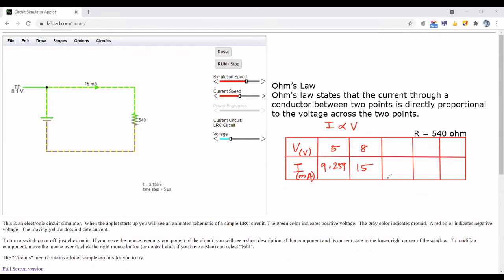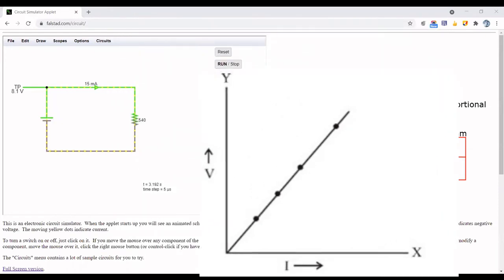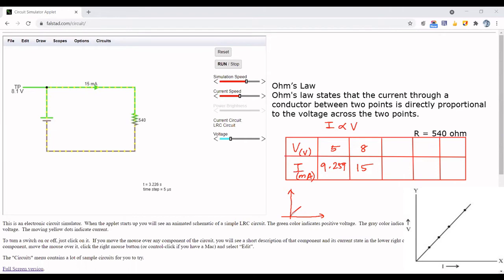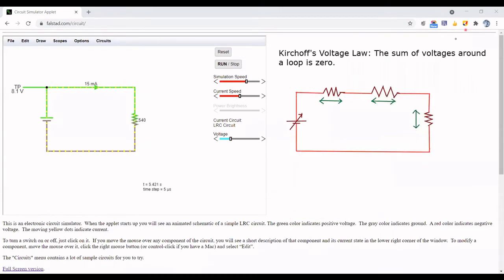Thus, we could tabulate and see that when we plot the characteristics of voltage and current, that is a straight line, and the slope of this straight line would be calculated as 540, which defines the resistance.